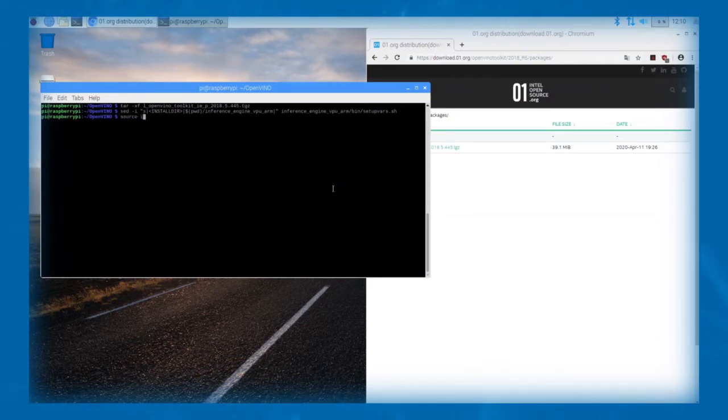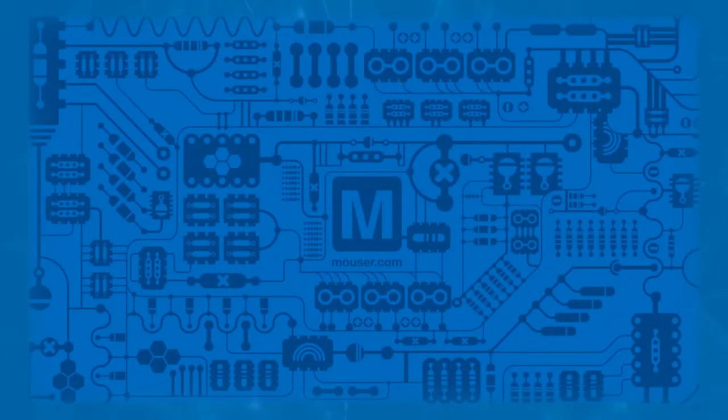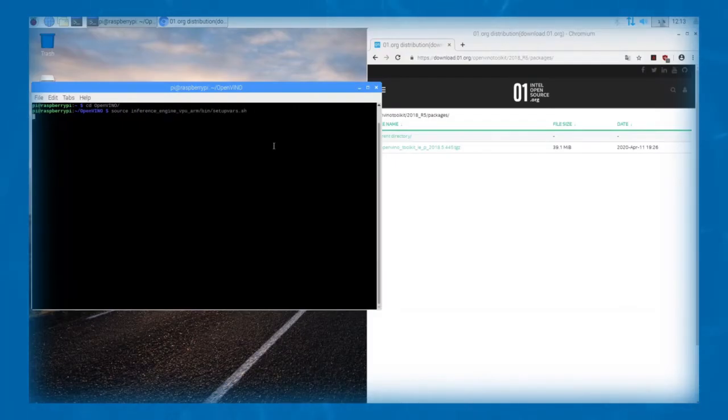You will get the message that the OpenVINO environment has been initialized. We will need to add the current Linux user to the users group. Now I will log out and log in for these changes to take effect. After logging back in, you'll have to run the setupvars.sh script again.